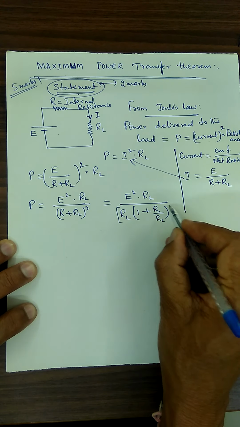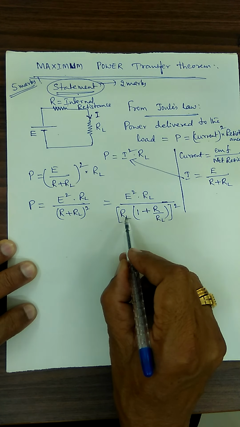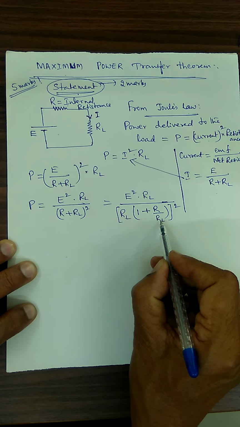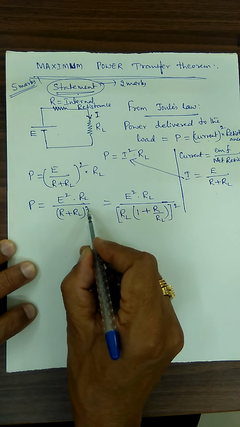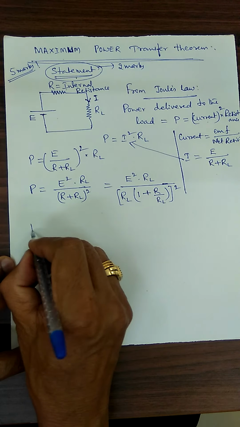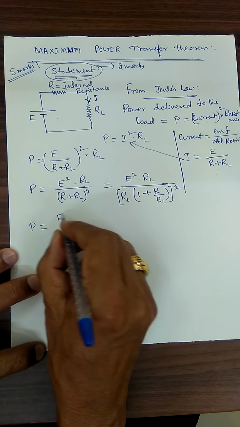Okay, whole square. Multiply this and this: RL into 1 RL, RL into R by RL, you will get R. Right? Square as it is square. Expand this. P is equal to E square RL